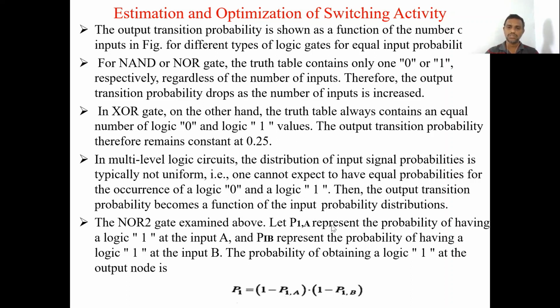P1A is the probability that the input at node A is logic 1. At the same time, another input is there, B. If at that input also you get logic 1, then its probability we will consider as P1B. So if you consider this NOR gate here,